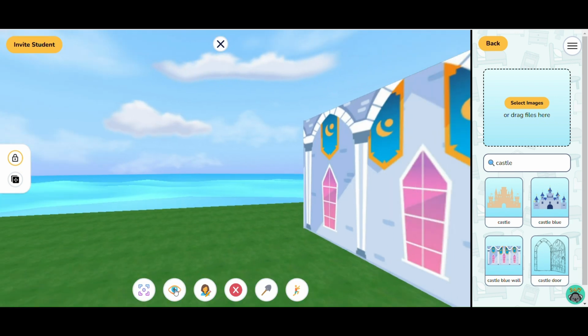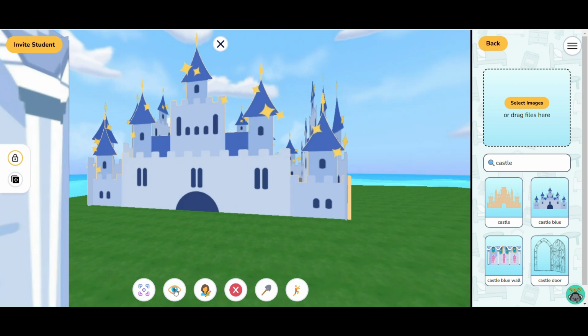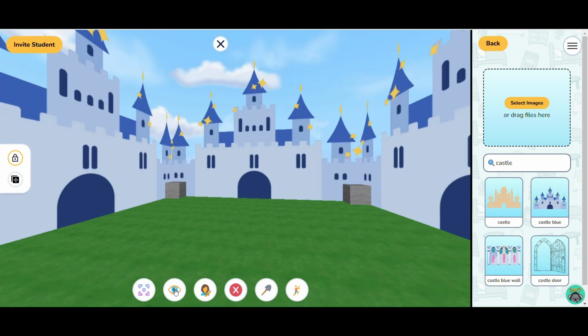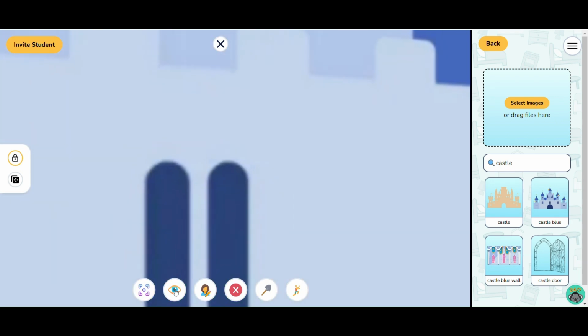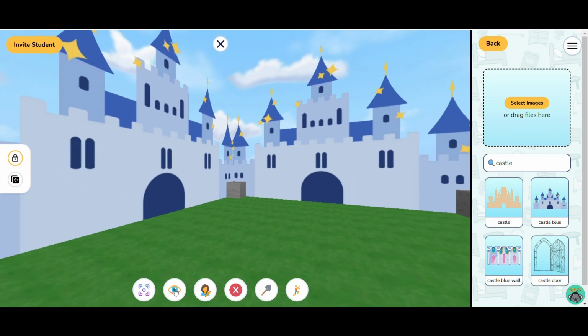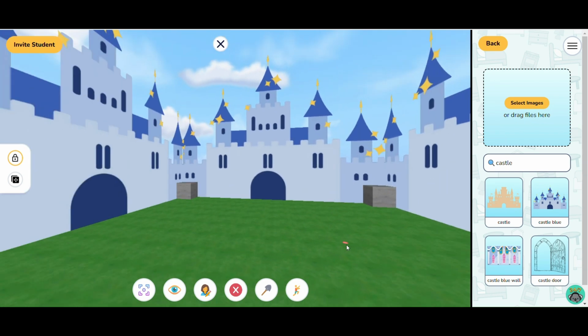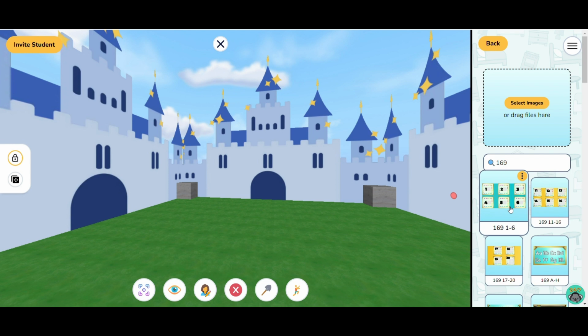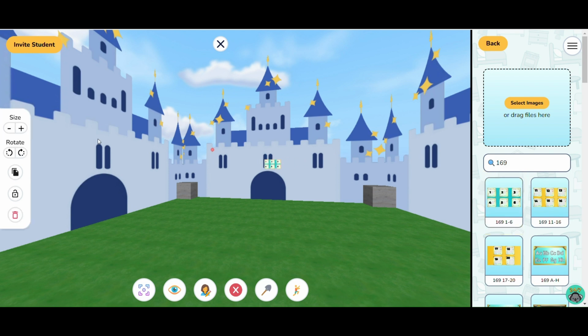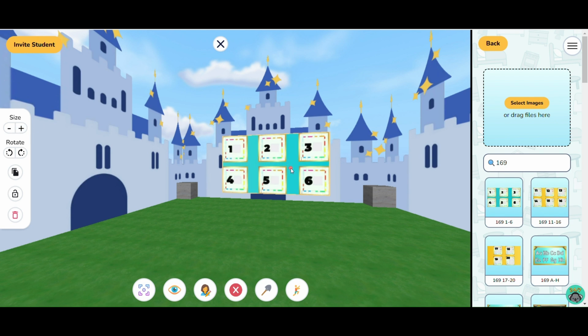So I'm going to go into first person view, and let's go into the big castle first. So this is just right from entering, this is my view. And I feel like that's a pretty good view for the students. If you think about what the students are going to see,